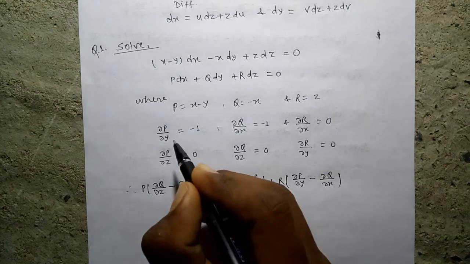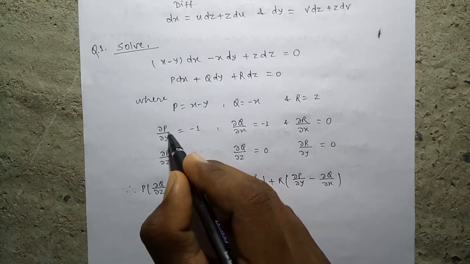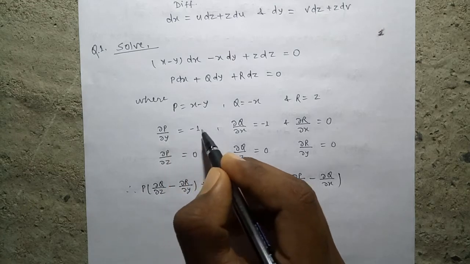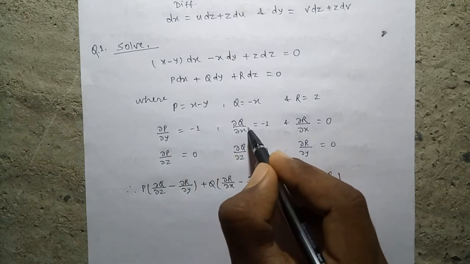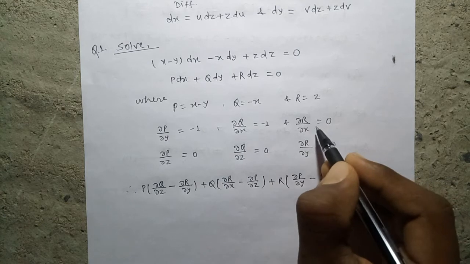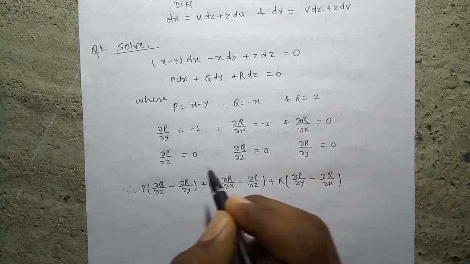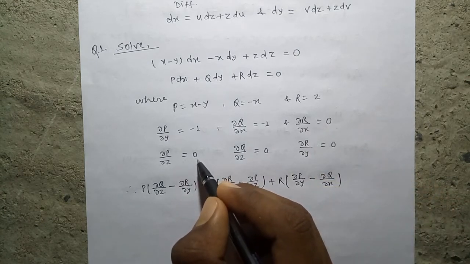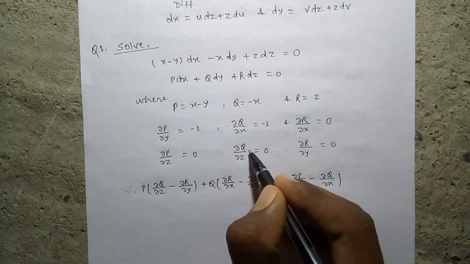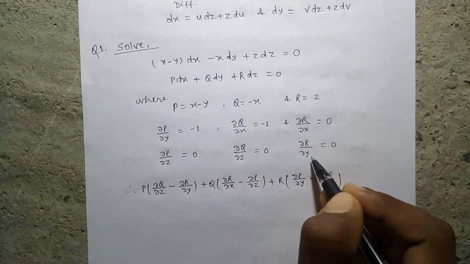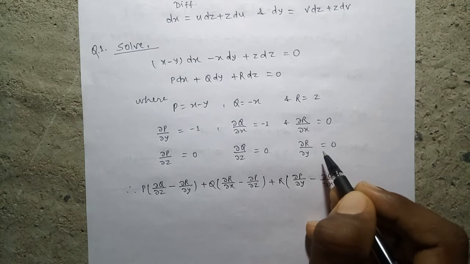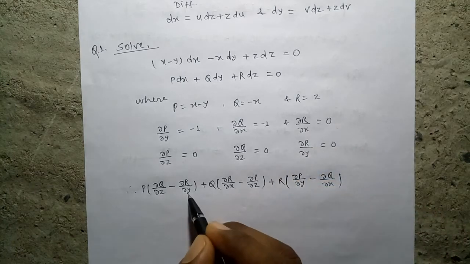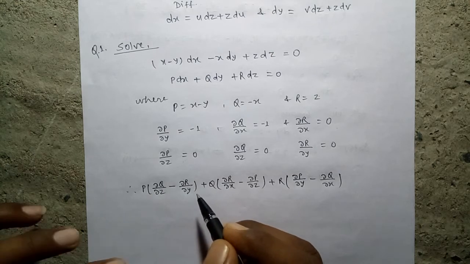Now we find partial differentiation of P with respect to y is equal to -1, Q with respect to x is -1, R with respect to x is 0, P with respect to z is 0, and Q with respect to z is 0, R with respect to y is 0. Now we put these values in this and we get